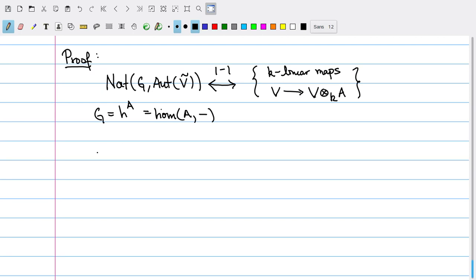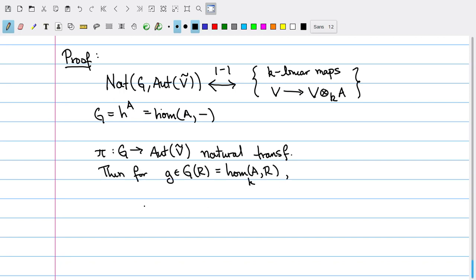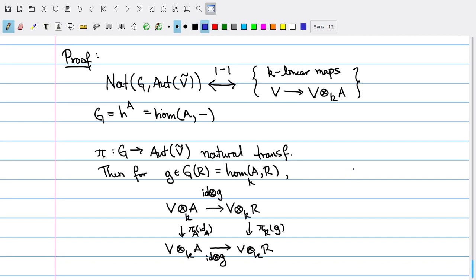Let's start out with a natural transformation, pi, going from G into the automorphism group of V twiddle. Then for any G in G of R, consider the diagram whose horizontal rows are maps from V tensor A to V tensor R, and whose vertical column maps are induced by the representation. I actually need to fix a typo here,